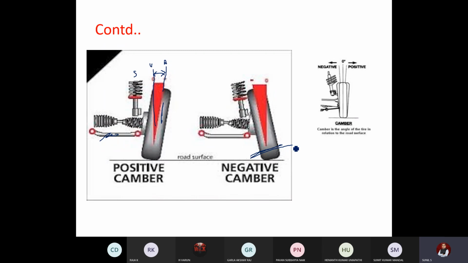Why? Because at very high speeds of 220, 250 km/h, suddenly they take a turn, when there is a curve. During racing, the stability of the vehicle required at such turns is very important, rather than the straight stability. So usually in racing cars we can find this concept. Otherwise, in regular cars, only positive camber will be given.